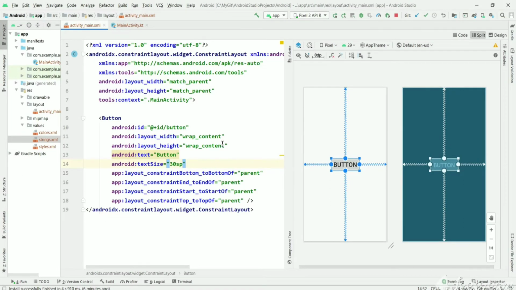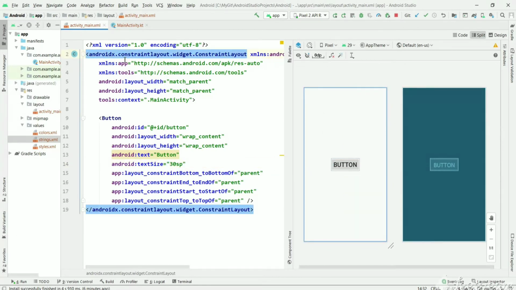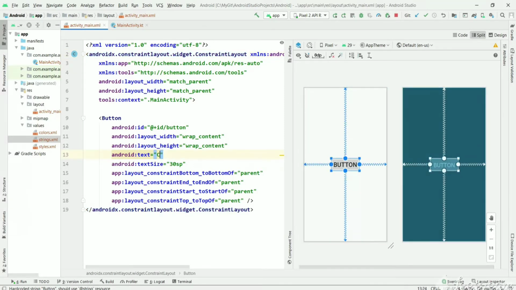In this video we will learn how to show a toast message in Android using Kotlin language. So as you can see, we have a blank screen with a button. On click of a button we will be showing a toast message. So first let's change the text of the button. Click to show toast.